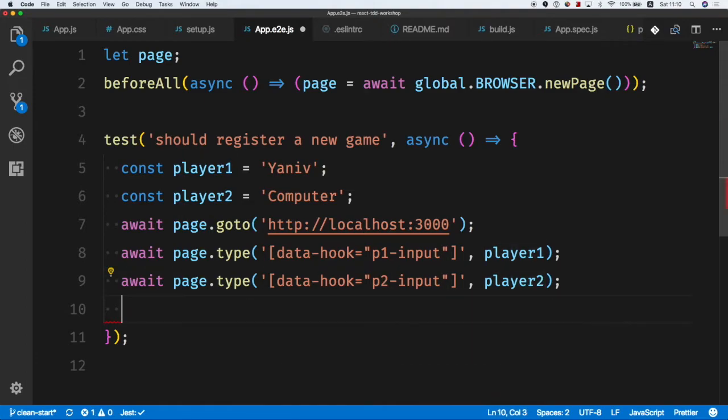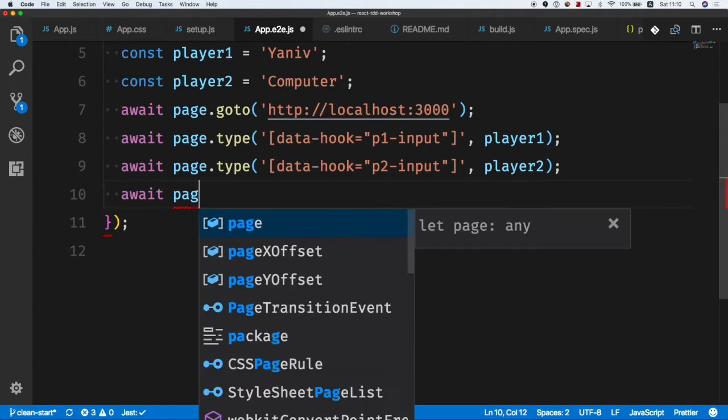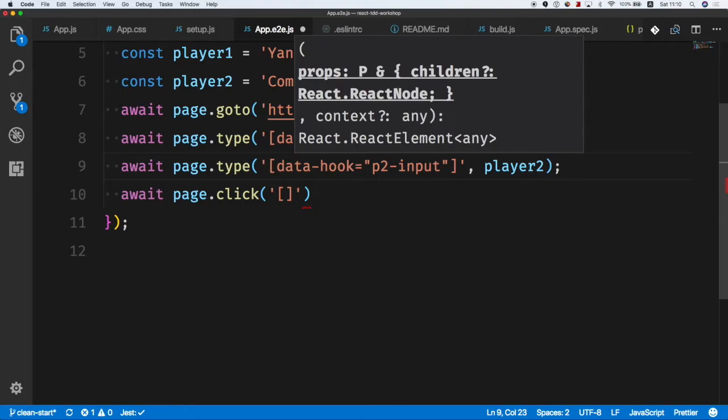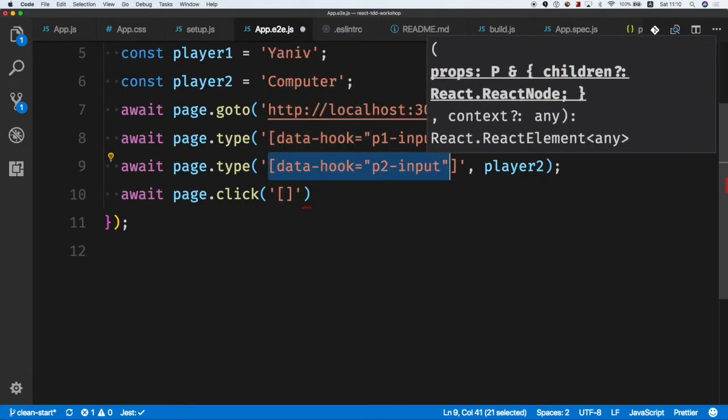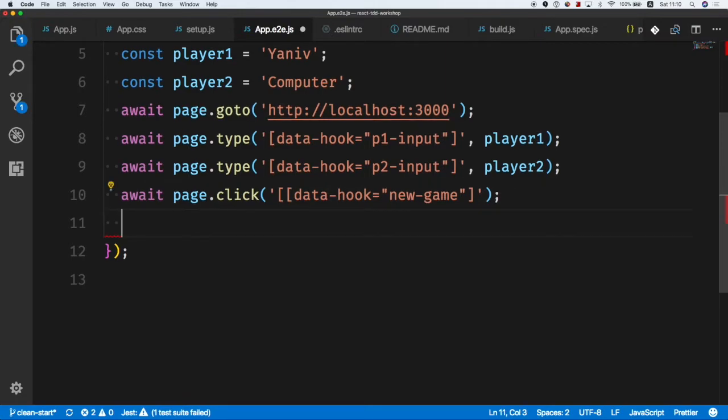And now I want to click the button, so I'll do something like page.click. Again, Puppeteer API, it's really easy to work with, and I will click some new-game data hook. Okay, so I just typed two names, and now I want to test that